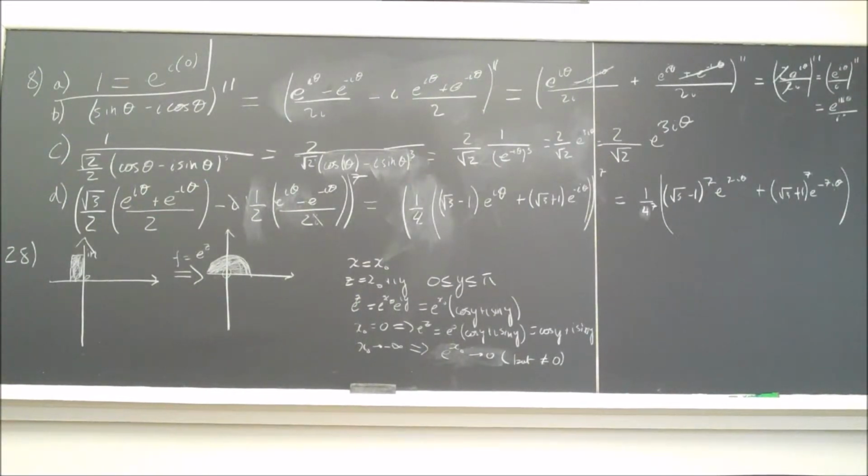D, I didn't have room for the start of the problem, but it was square root of 3 over 2. That's the cosine. And this is a minus i times 1 over 2 sine beta, and all to the power 7. So we simplified. The i's cancel in the denominator, the sine and the i in front of it. Those cancel. The 2's multiply out. So we have 1 over 4 times,